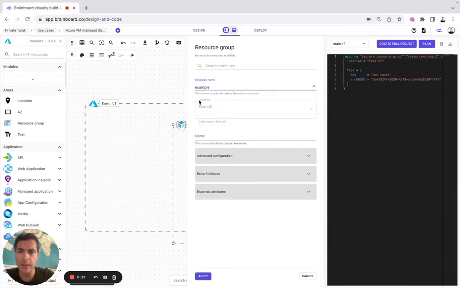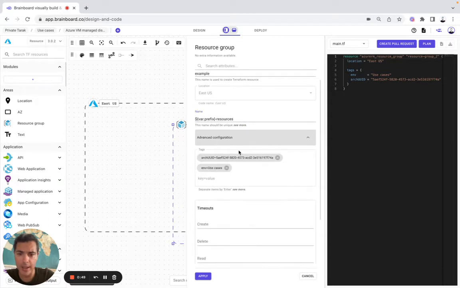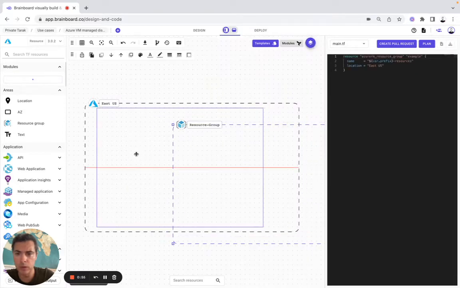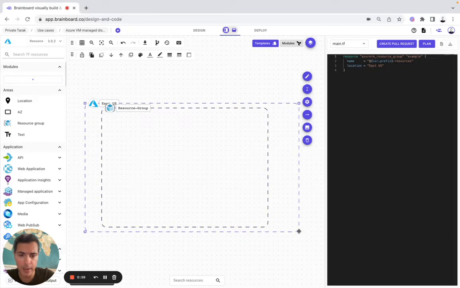Because I already included the resource group in the location, it has already been pre-filled here, and the name I will modify as well. Advanced configuration, we look at it. We don't need the tags, and here we are good to go. And now I can make